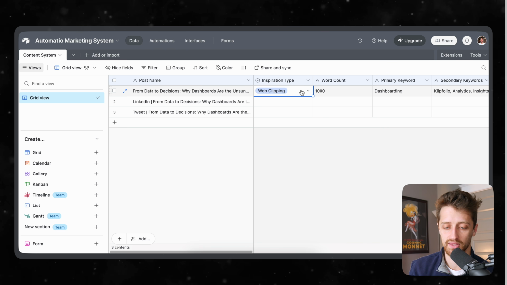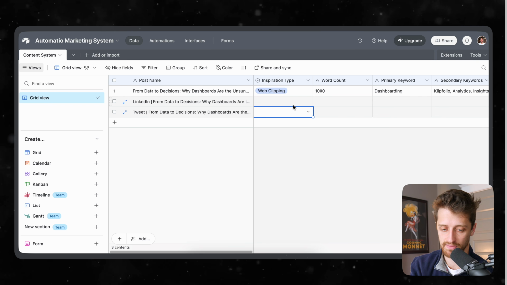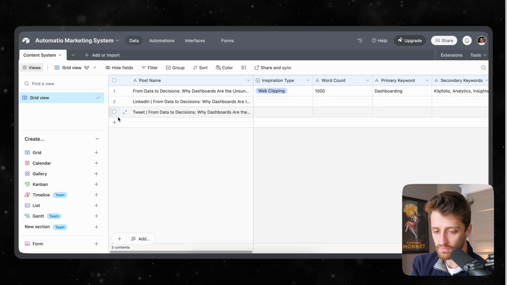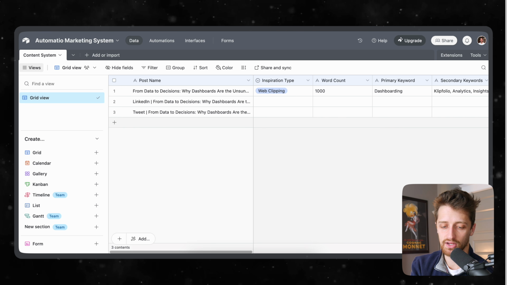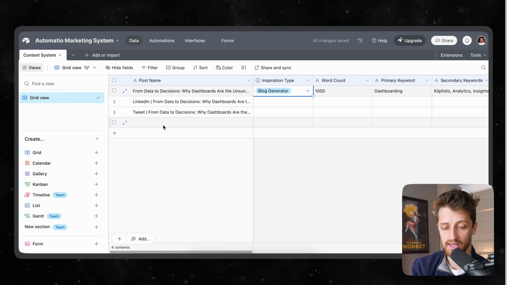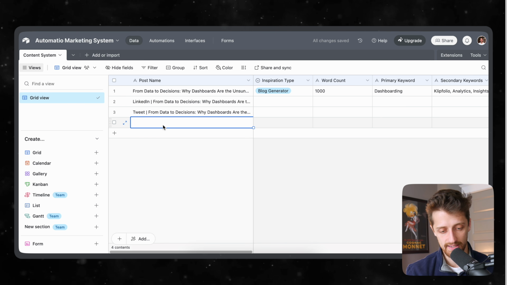And so what I've come up with here is a pretty simple Airtable system that can do this all for me. All right, so how does this work? Well, firstly, I want to show you how we can create a new blog post with a blog generator inspiration type. Okay, and so what I'm going to do, and I'll walk you through the make.com scenario here as well,